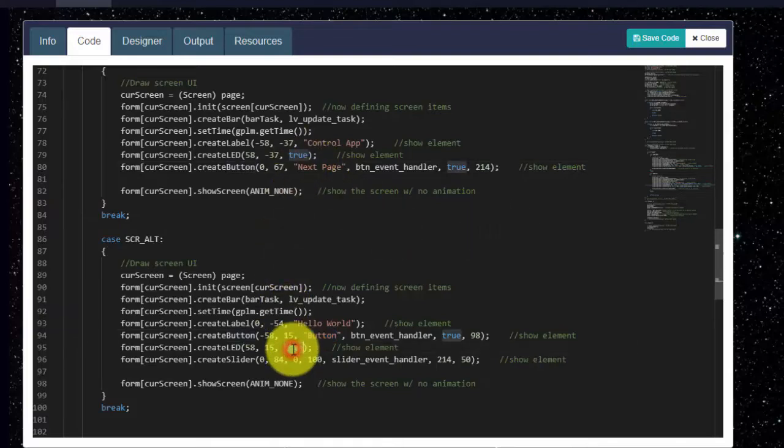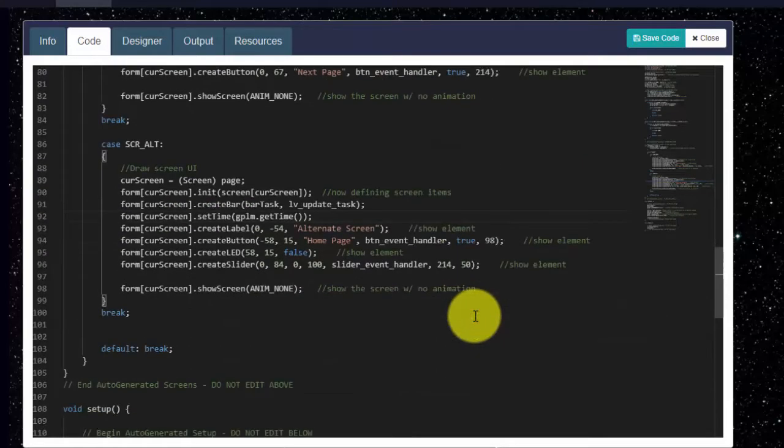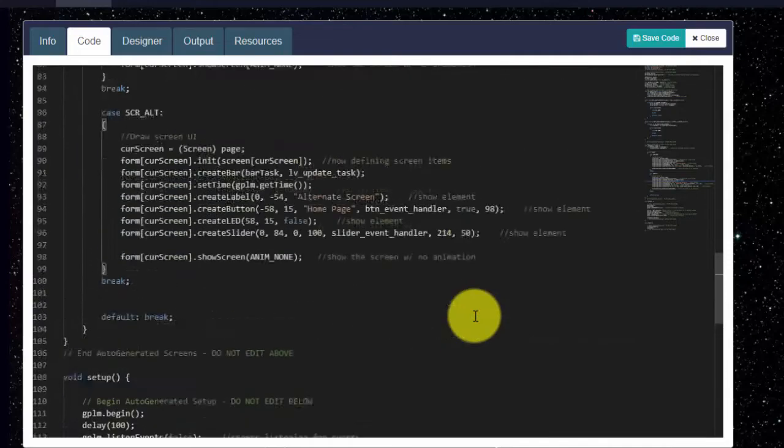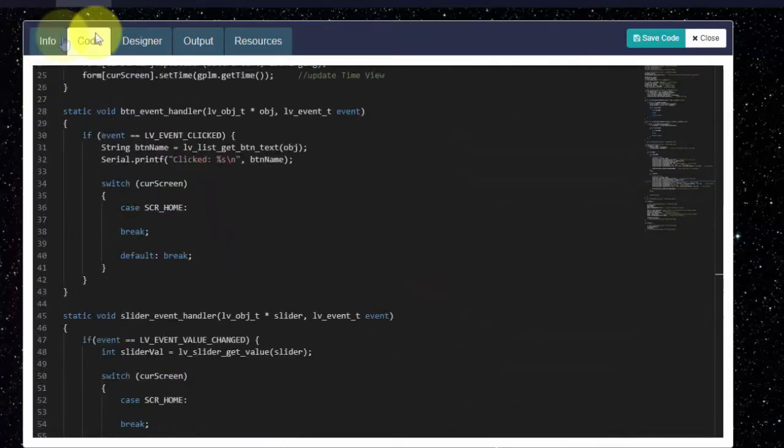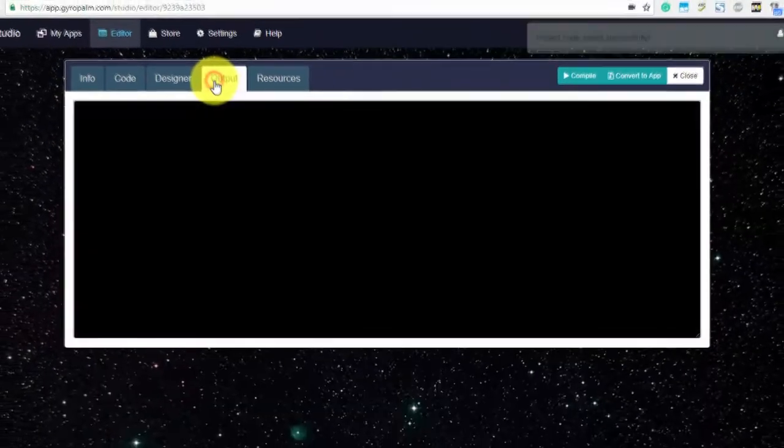Let's make this LED false. You have the... Alright, so once you feel that it's ready and that you are ready to export, simply hit the Output tab